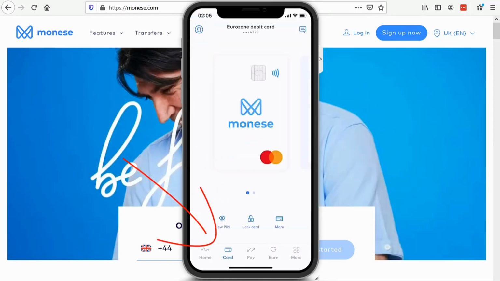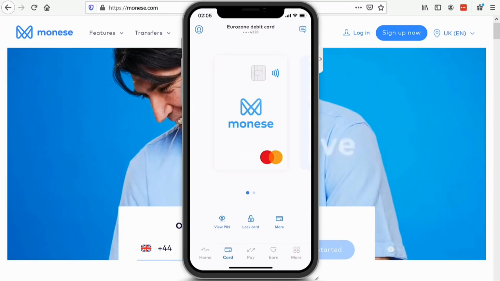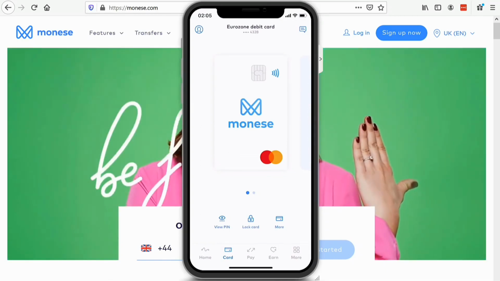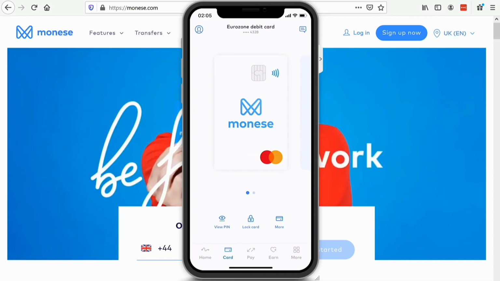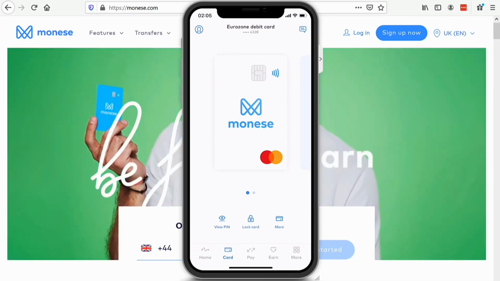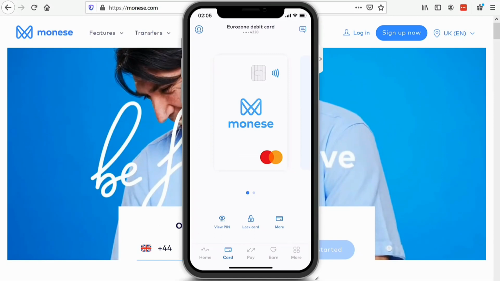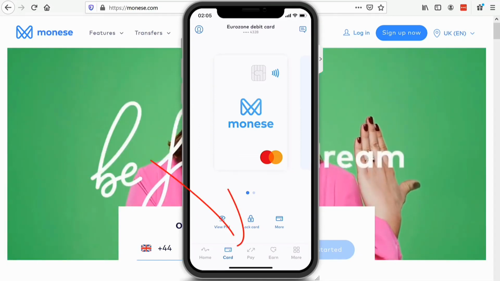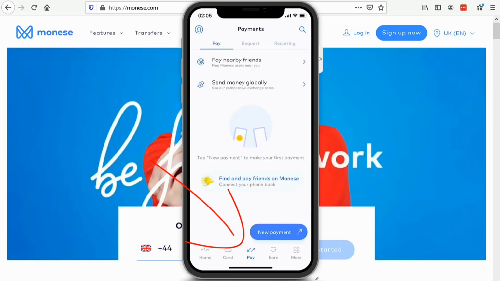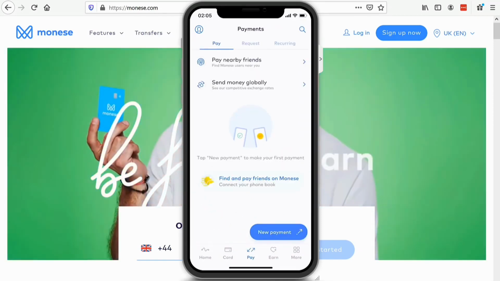Here I see my Monese card, and what I can do here is view my PIN if I forgot it, and I can lock the card. So for example, if you lose the card or if the card is stolen, you can lock it here and nobody can use it. In the third navigation point, pay, you see